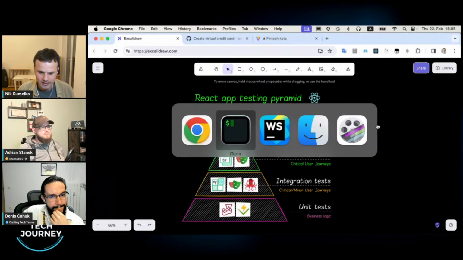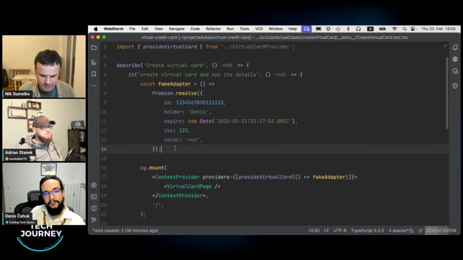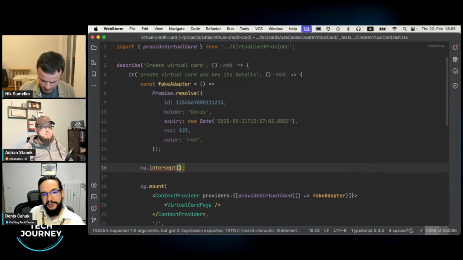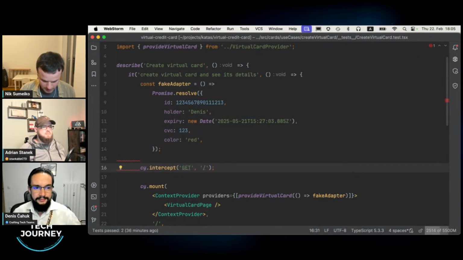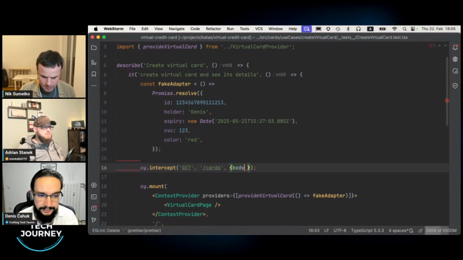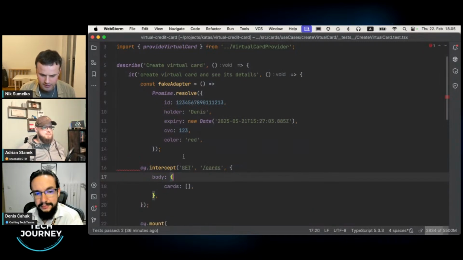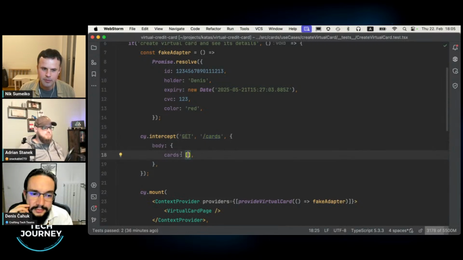By mocking, I mean, in Cypress, it would be something like this: cy.intercept. You intercept the axios call or the fetch call, and, let's say we get cards, and there we could return some body that will bring us a list of cards. This configures Cypress so that whenever an API request to this method is made, then this stub will be returned.